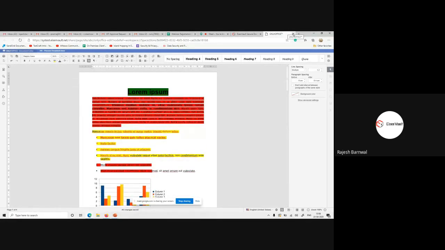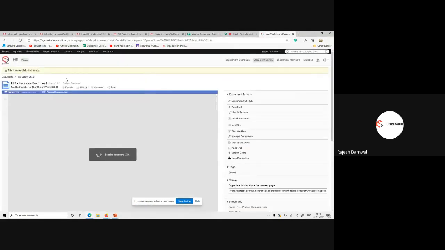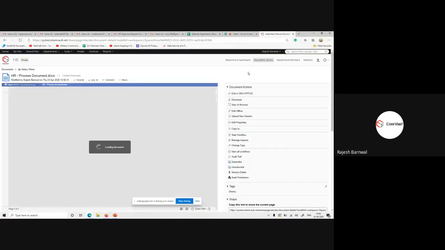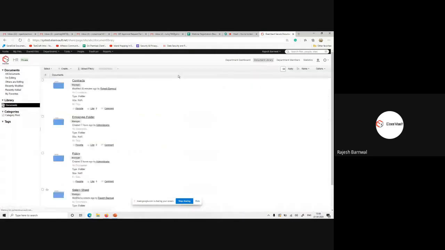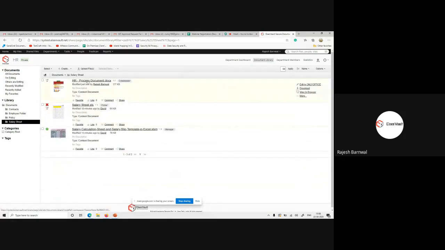How do I reload this page? So now the version is changed, and the rejection icon is removed and it will automatically go to the workflow.